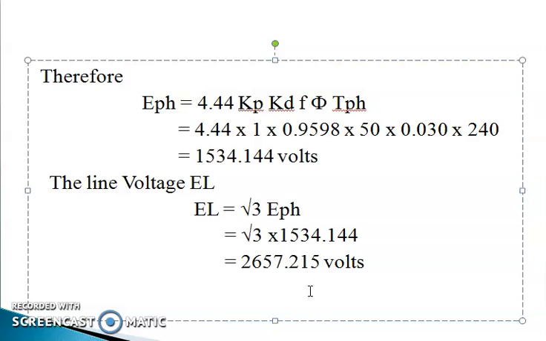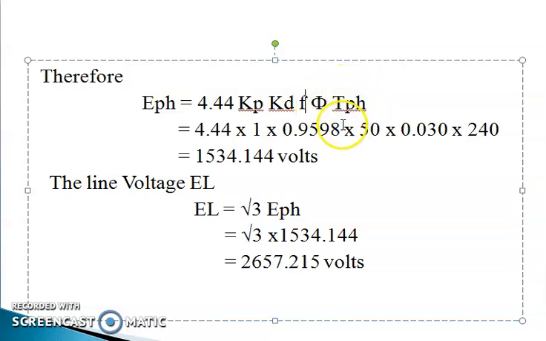What I am trying to give an idea of is that you need to remember the E phase formula, a very important formula. Usually in some of the problems they will give Kp and Kd, so there is no need to find Kp and Kd. For full pitch winding, Kp is equal to 1, and they will give the Kd. Sometimes they will give the frequency but not the poles. If they give poles, they don't give the synchronous speed. By using the F formula or the P formula, you calculate the missing parameter. Usually they will give the flux.